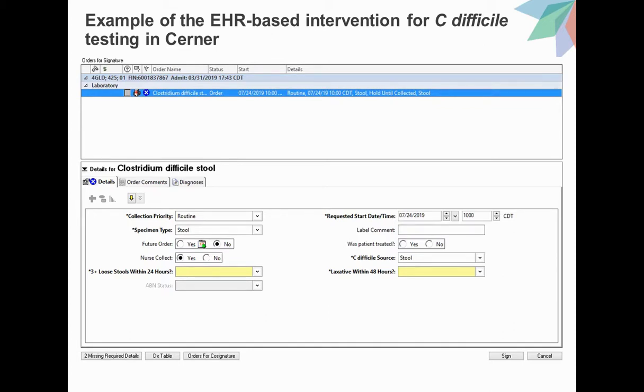When providers order C. difficile testing, 2 drop-down boxes are shown for them to answer yes or no to the questions regarding laxative use and frequency of loose stools. As long as they select either yes or no, they can click on the sign button. The correct answer is yes to 3 or more loose stools within 24 hours and no to laxative use within 48 hours, and then they can process the order. However, if they select the wrong answer,